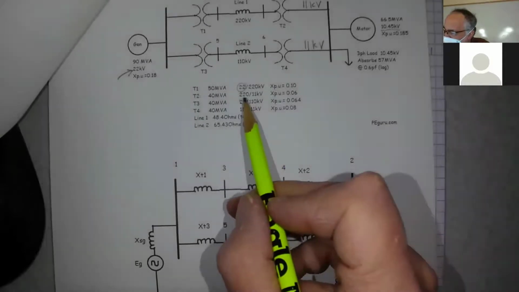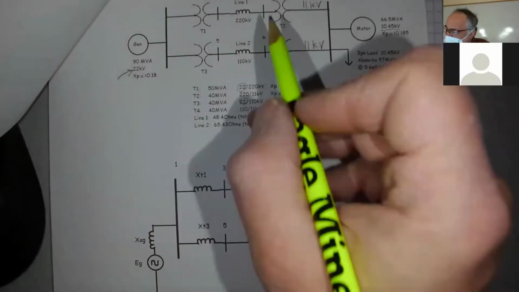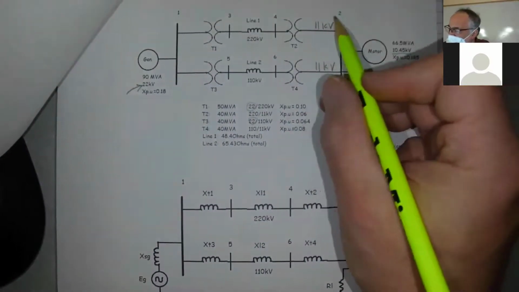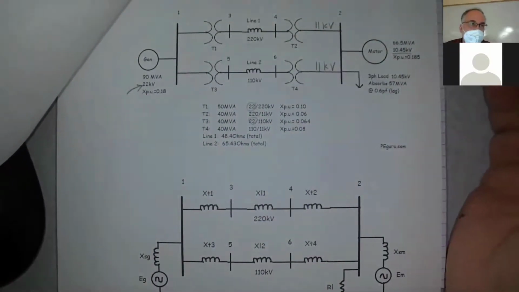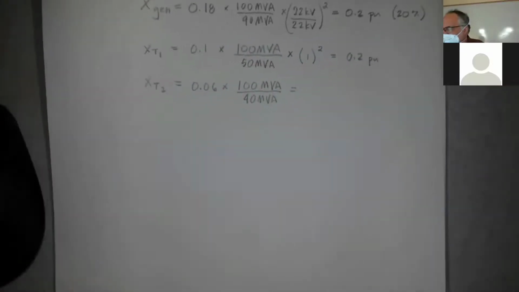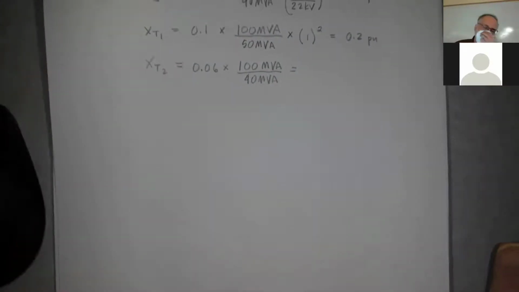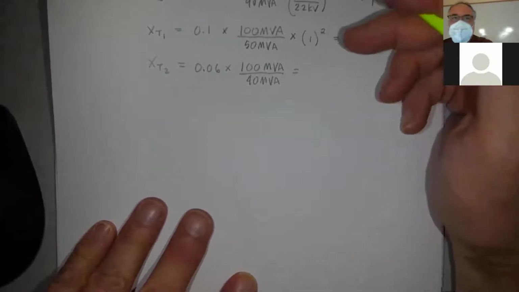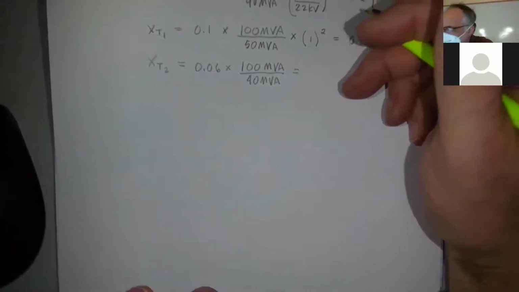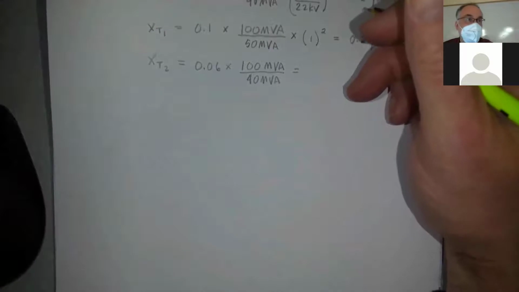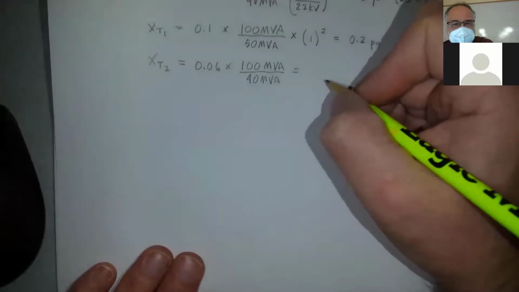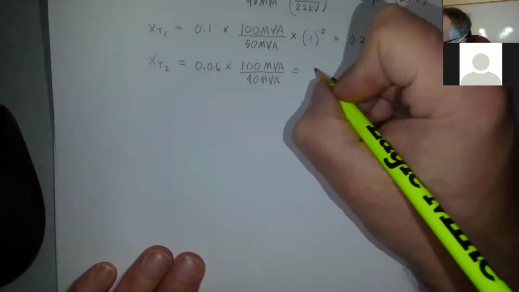This transformer T2 is 220 to 11, but we've got 220 here and we've got 11 kV there, so we're not changing the voltage on either side. We can get into tap changing transformers and stuff like that. That would be a lot of fun, but we only have so much time in this class, so usually the transformers will be at the rated voltage, right? Okay, so what's that going to equal? 0.15